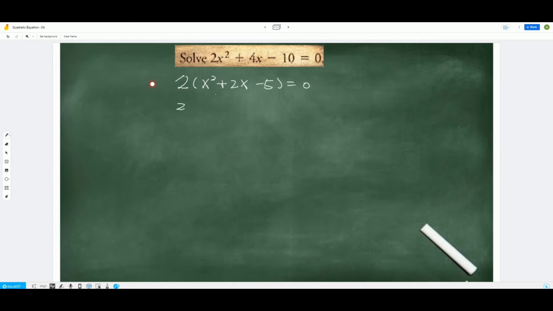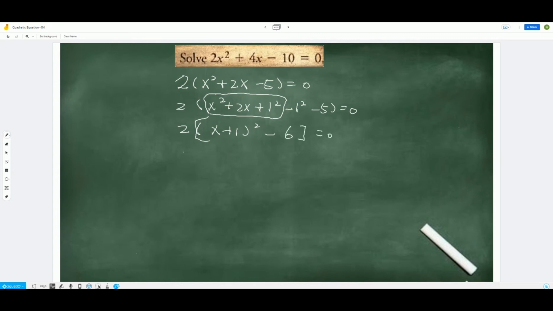I want to create a perfect square from x squared plus 2x. In order to create a perfect square, you have to add (b over 2) squared. This b is 2, and 2 divided by 2 is 1, so 1 squared. You add 1 squared, and you have to subtract 1 squared, minus 5 equals 0. This is the perfect square format. And (x plus 1) squared minus 1 squared is minus 1, minus 5 is minus 6, equals